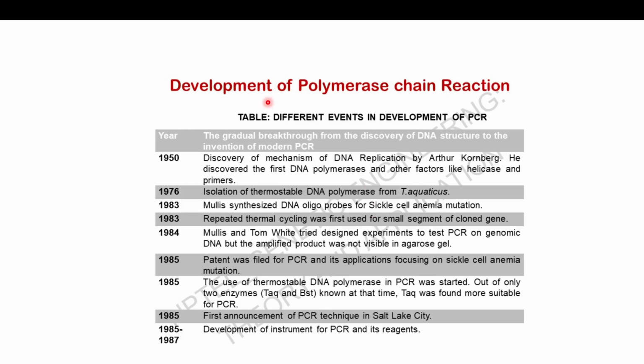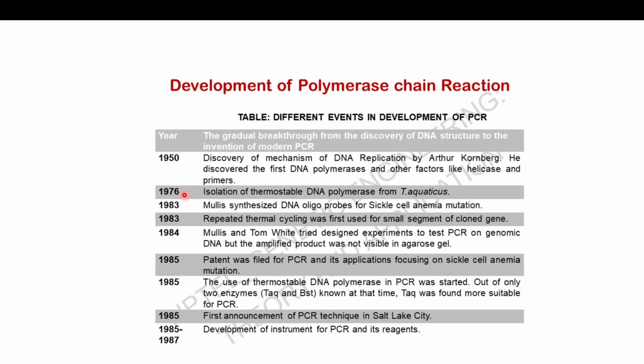Now again, this is a brief history of polymerase chain reaction. In 1950, the mechanism of DNA replication was discovered by Kornberg. He actually discovered the first DNA polymerases and different enzymes like helicases, as well as factors like primers. Then again,